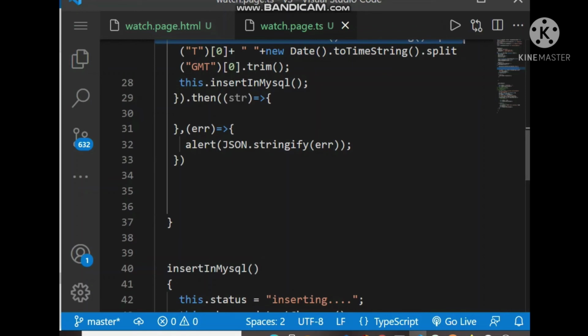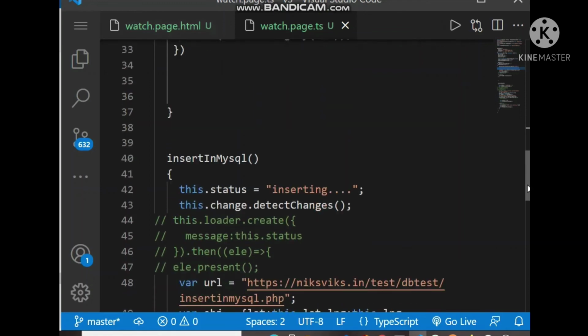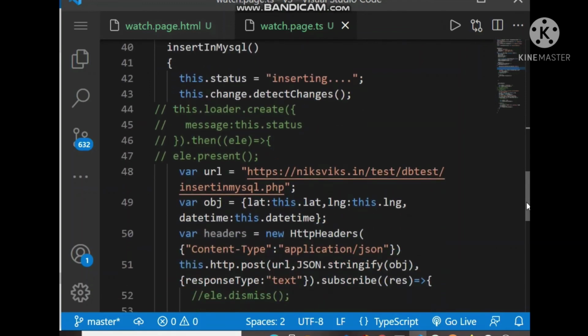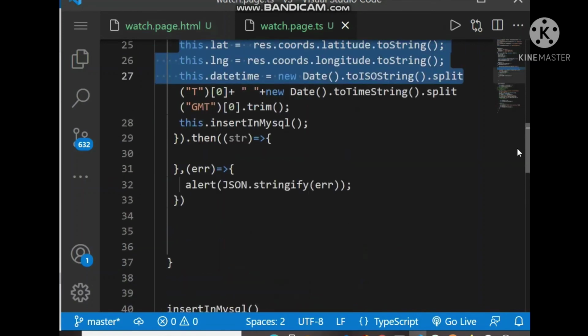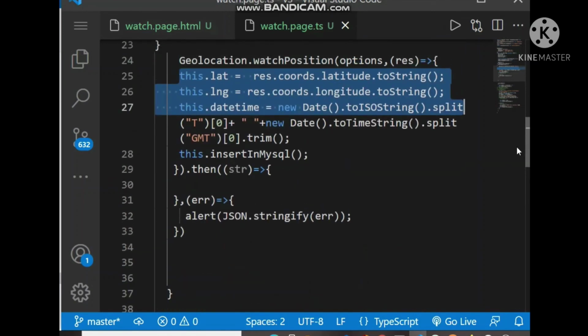So basically this is the whole environment. We need an API, we need a MySQL database, and we need a mobile app with geolocation enabled. This is the basic technique, and you can use it in any web application also. This is an example with an Ionic app, but it can be used by any mobile, any native Android app, iOS app, or any web application.